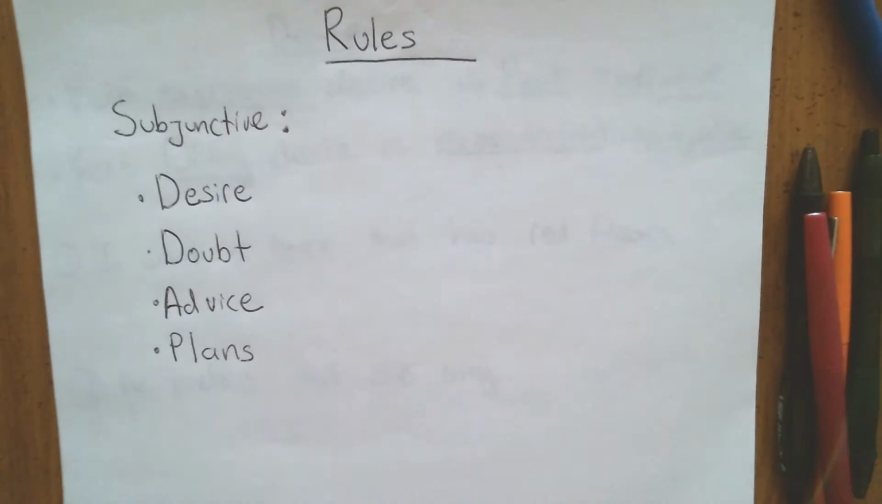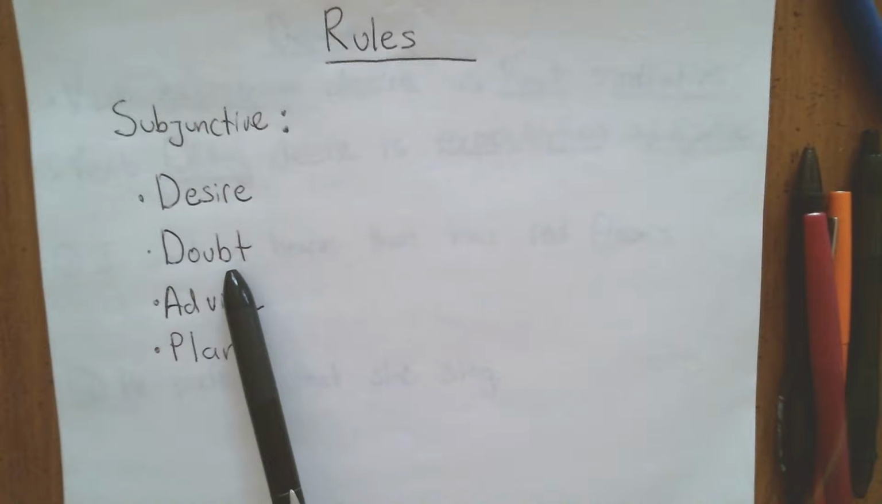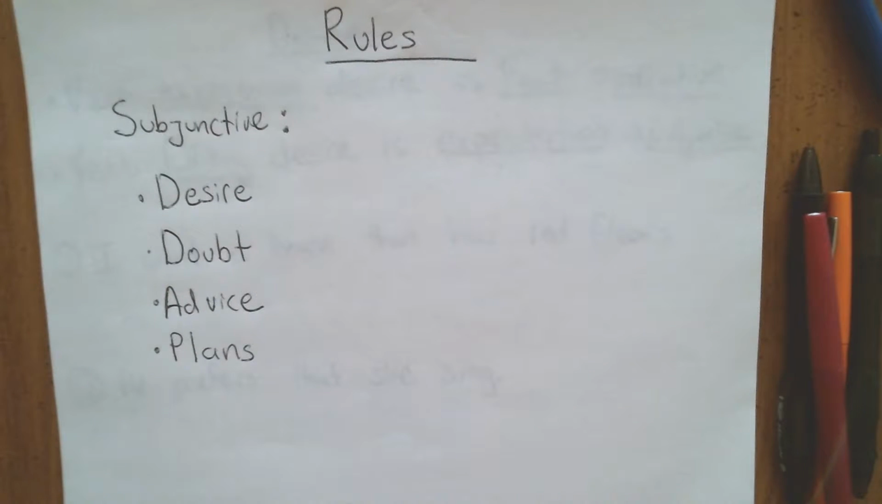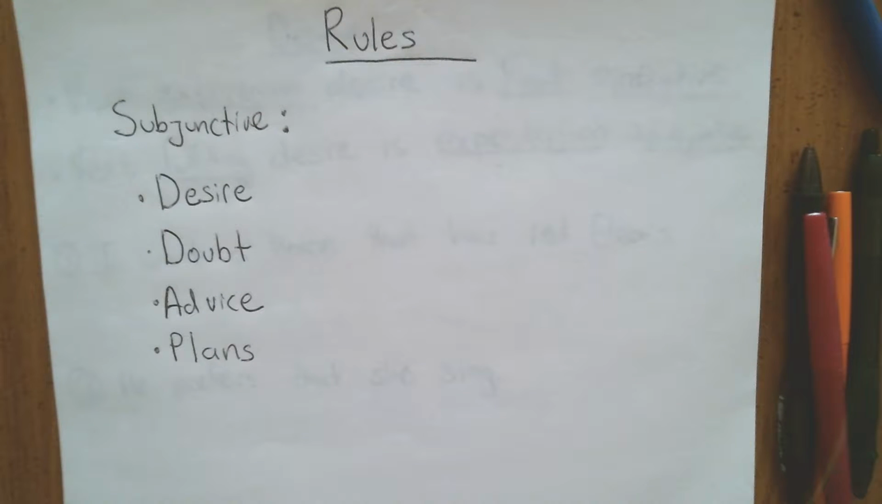In general, when you're using the subjunctive to talk about uncertainty or expectation, there are basically 4 areas of conversation that you're talking about. You're either talking about something you desire, something you doubt is true, or you're giving someone else advice, or you're making plans. In these 4 areas of conversation, you will use the subjunctive to express the verb that is uncertain or that